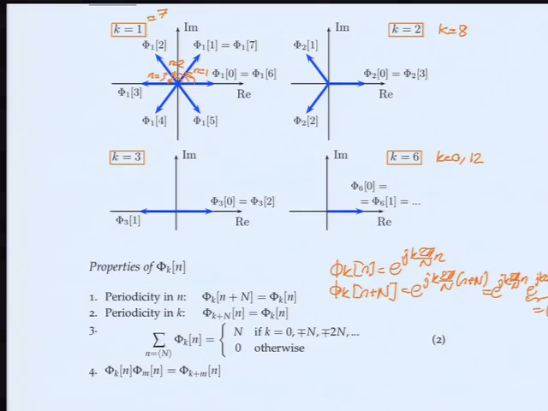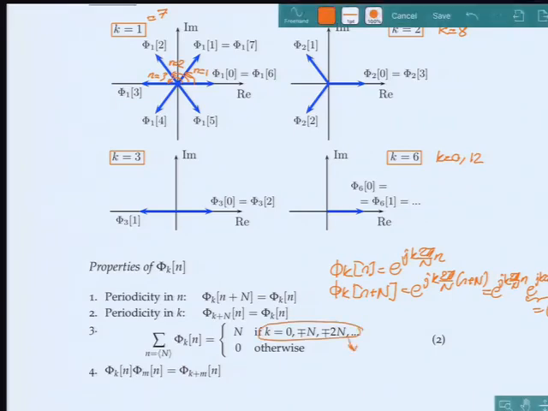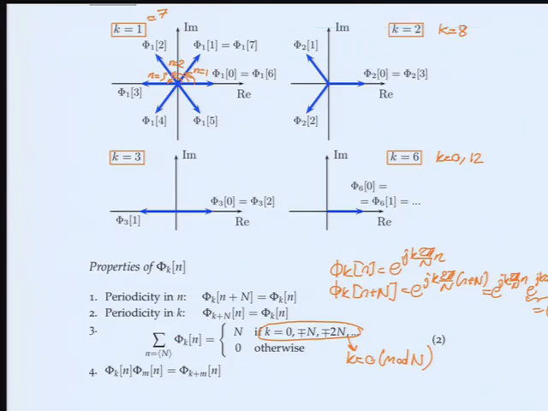So a convenient way to write this, instead of writing it this way, which is nasty, is to say when k is equal to 0 modulo n, in our example that includes k equals 0, k equals 6, k equals 12, etc., then the sum is capital N, different than 0, otherwise it cancels out. Is that clear? Yes. Yeah, I should have said the sum, not the average. Okay, sorry.